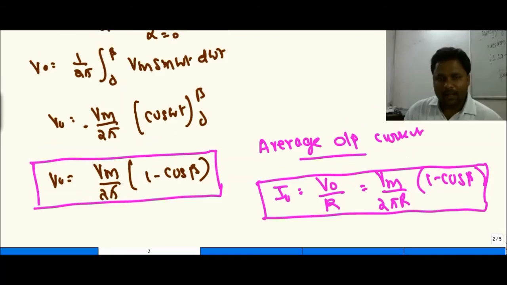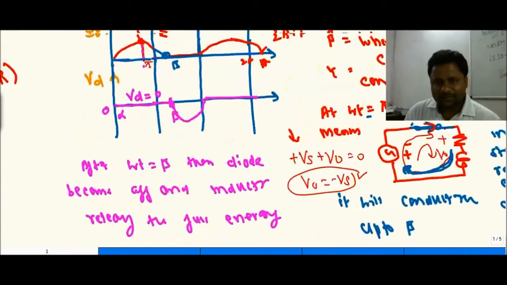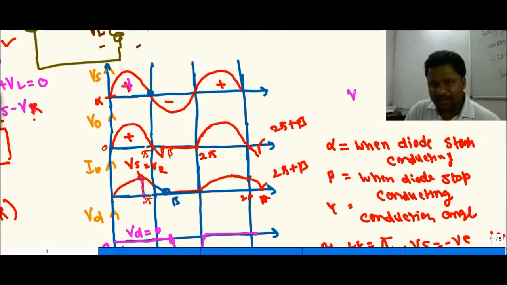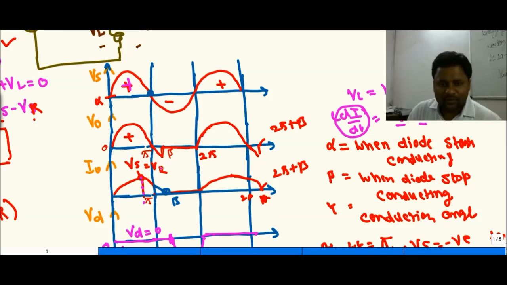Okay, so what we have learned is that during the positive half cycle, the voltage increases, VL increases. When Vs equals VR, the current achieves the maximum value, because we have seen that VL equals Vs minus VR, and L di by dt equals Vs minus VR. If Vs equals VR, then di by dt is 0. That means there is no slope in the current. No slope is the point where it achieves the maximum. So this is the maximum point, and after this, the inductor releases the energy.